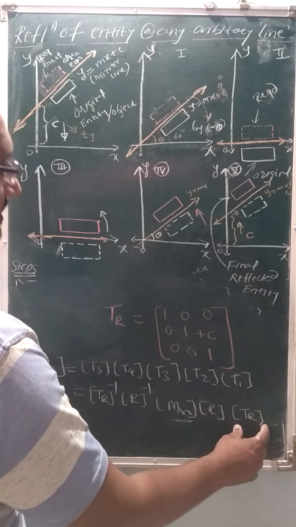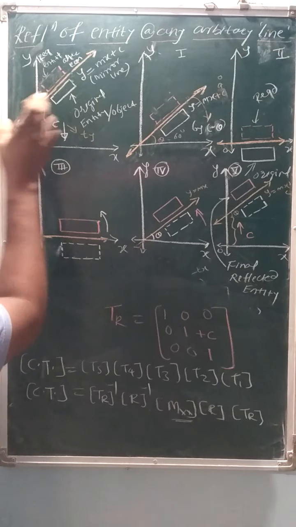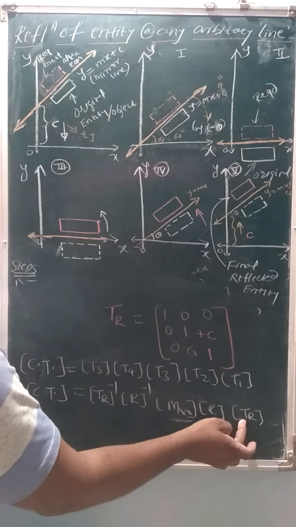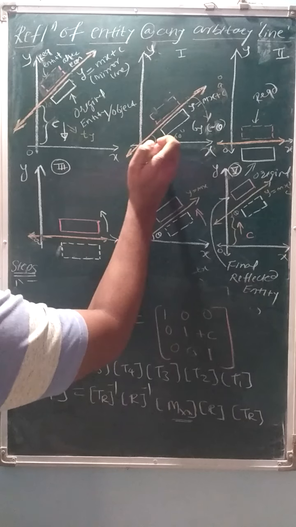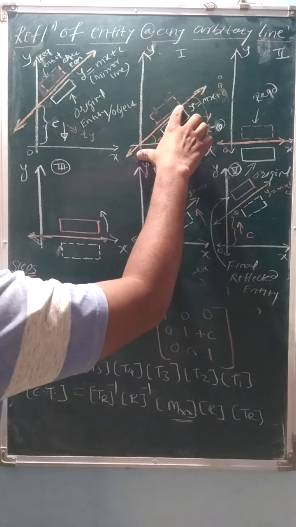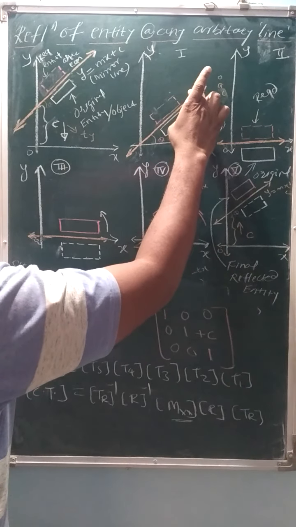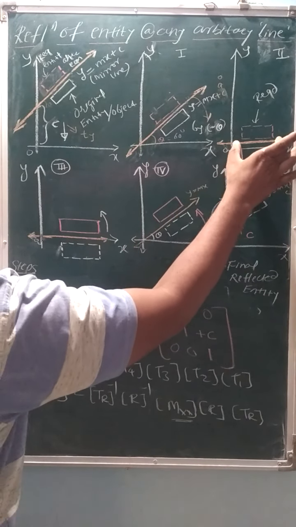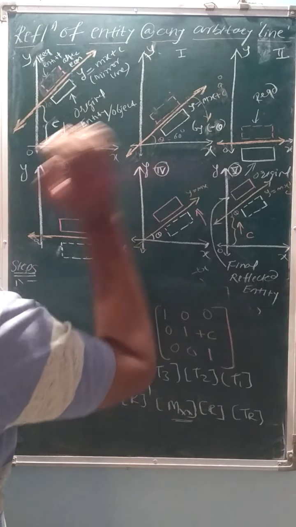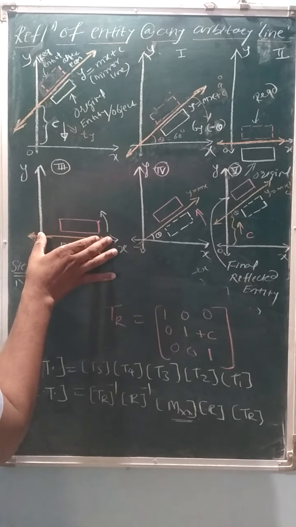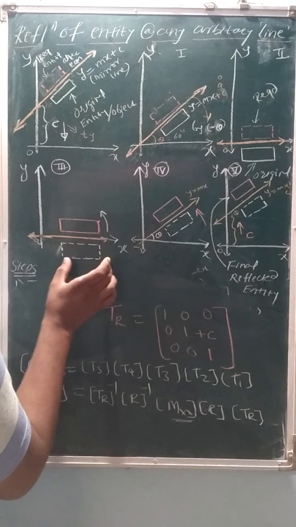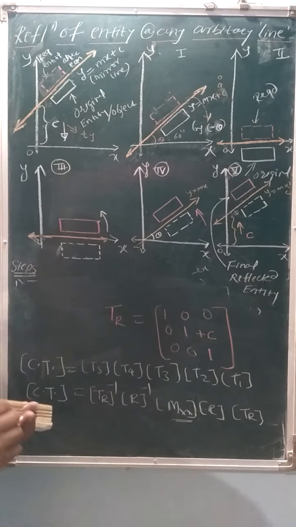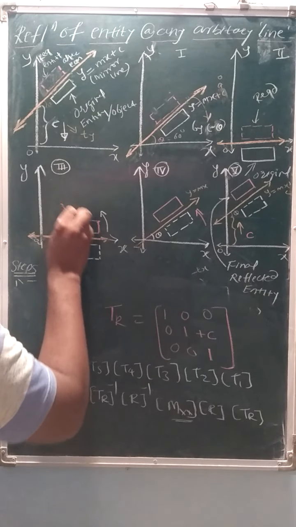So the first step is here. We are translating the given line from this position to this position by this distance. So this is the translation, and this diagram you will get. Now after translation, the next step is we are rotating this particular line about this x-axis so that the line will coincide with this x-axis and the image will look like this. Then after coinciding, we are reflecting the image about that coinciding axis. So this is the reflected image.